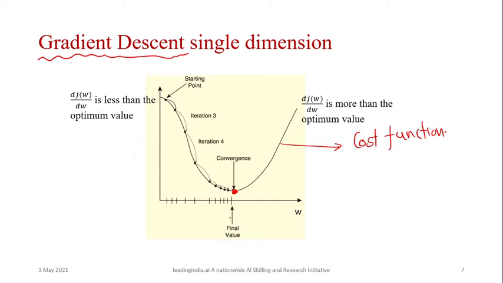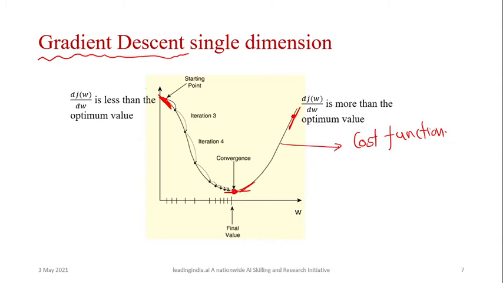Now, we cannot directly jump to this final value. So what we have to do is start from some point. Let's say we started from this point. At this point, if you make the slope, you will get this slope. Suppose by chance you started from this other point, then your slope will be this. Now let's see what this slope is doing. As you are at the top, your slope is higher. As you move towards the convergence point, your slope becomes lesser and lesser, and when you reach the convergence point, your slope will become 0.